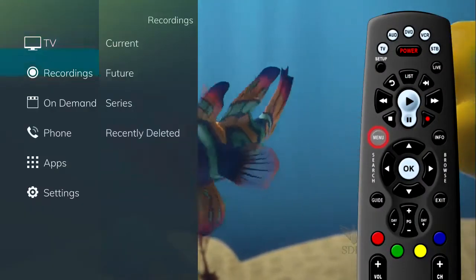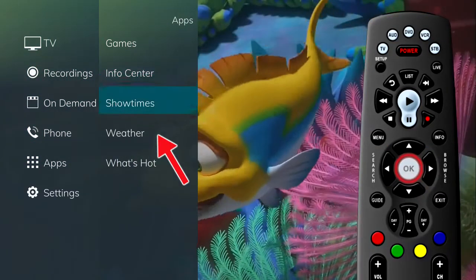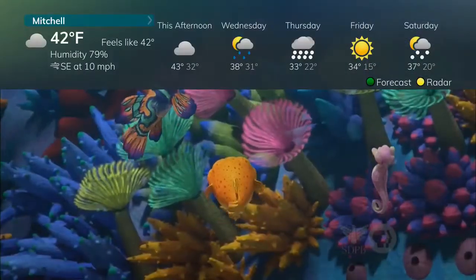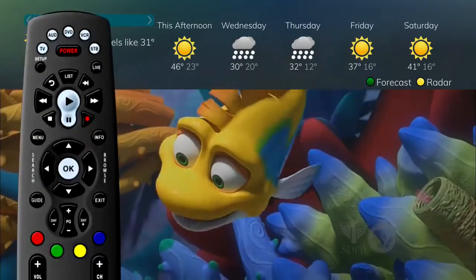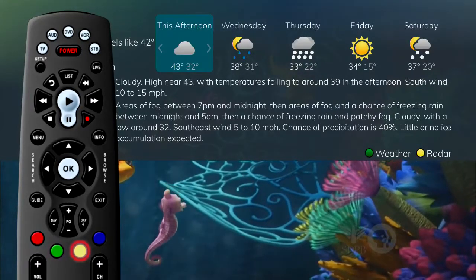Select the Menu button on your remote control. Select Apps, highlight Weather, and select the OK button. A window will appear on the screen with the most current weather data for the selected area, along with a 5-day forecast. Press the green button to see a more detailed forecast, and press the yellow button to see the